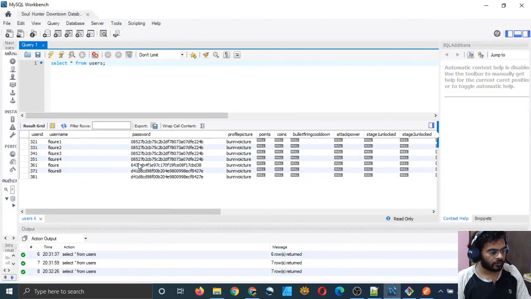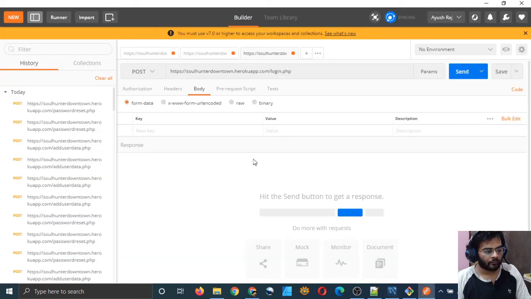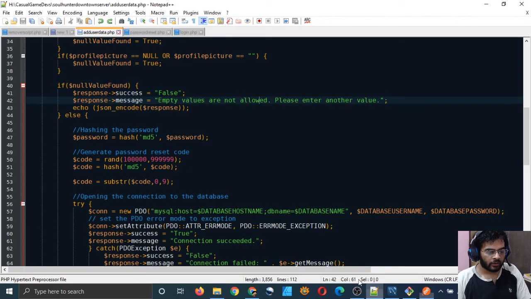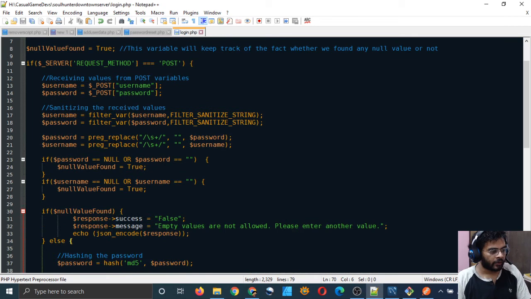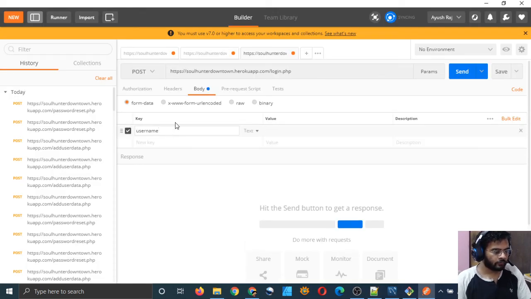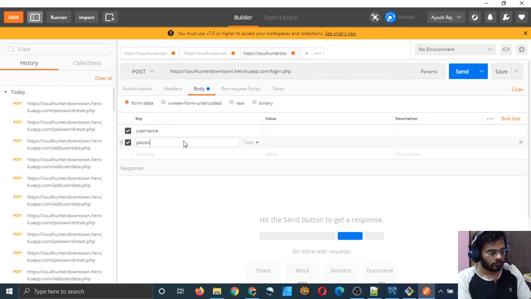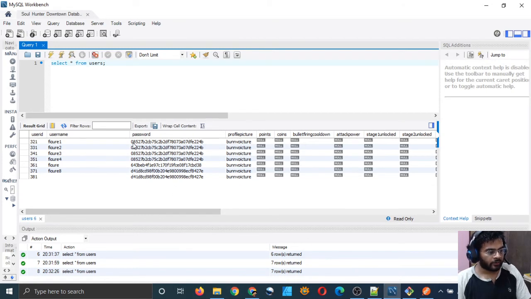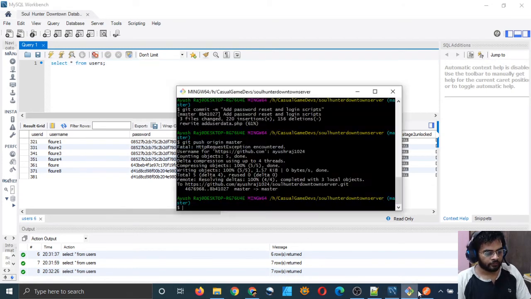So let's first test it for the real thing. So the password was bunny password. I will try to log into the account of figure1. And what are we taking in the login script? We are taking password and username. So I will just apply username and password.